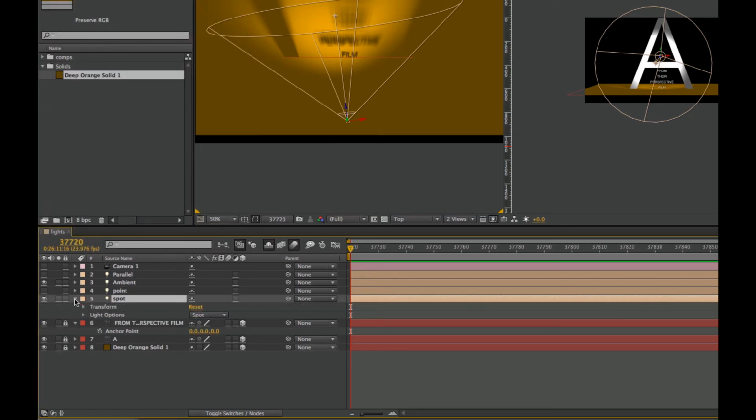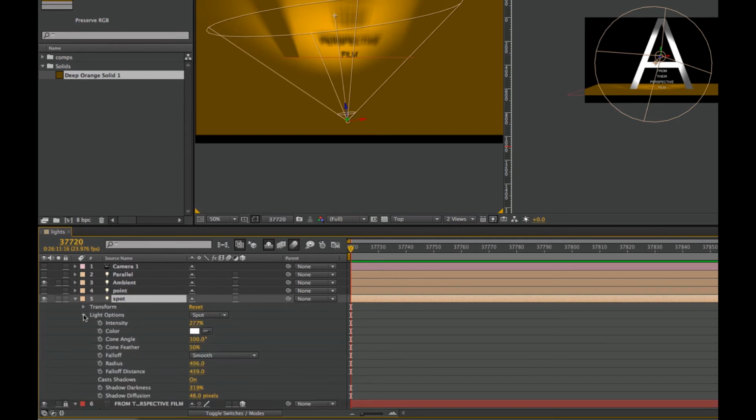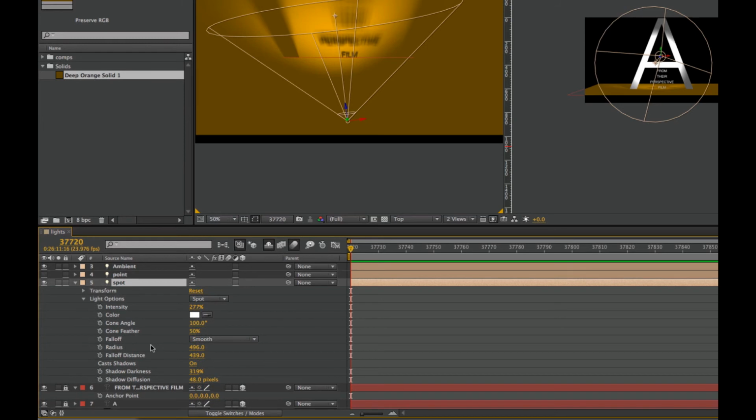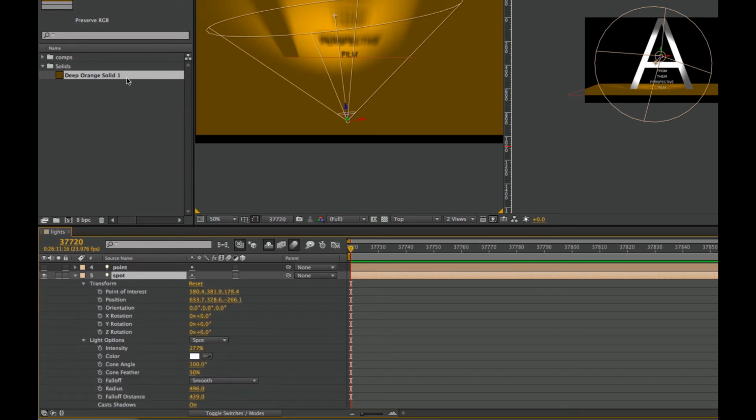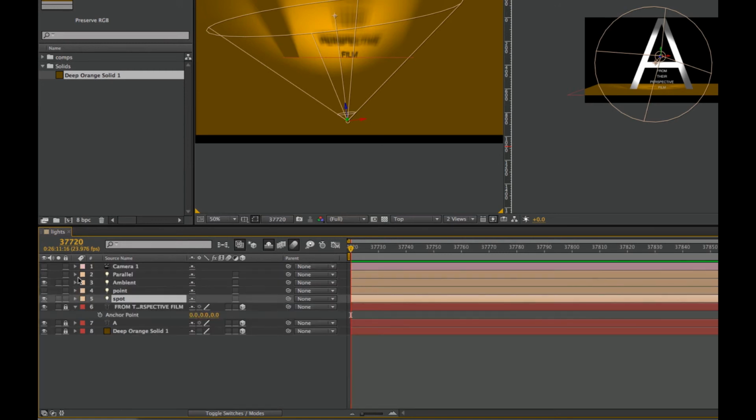Also, you can get to parameters by just dropping down the layer. So here's light options, and they've got all sorts of fun stuff that you can do inside of here. But they're basically the same sort of stuff that we just adjusted by going to our dialog box. Okay, and let's look at